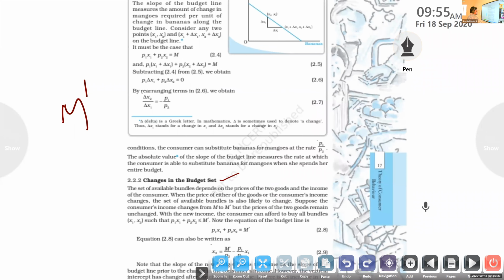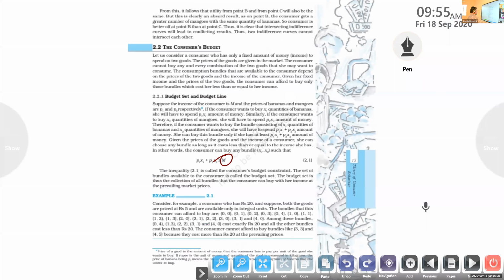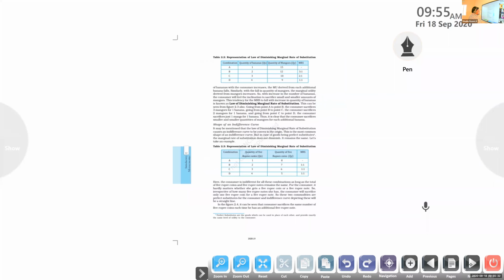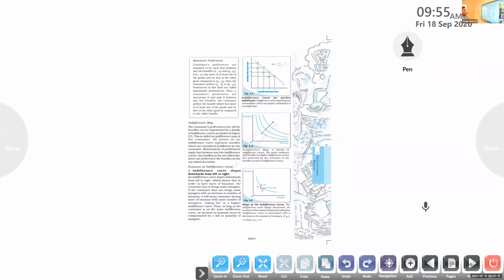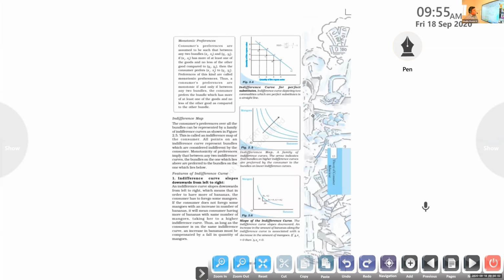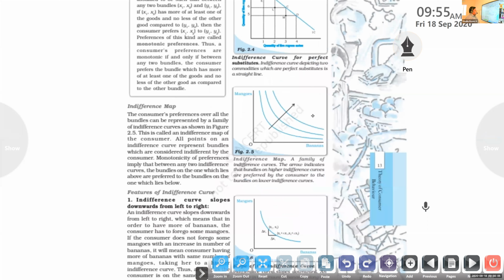So you understood what the budget set is, and we are moving backward to the consumer's budget and the indifference curve, the ICs. We know that the indifference curve is related to different bundles where the consumer is not feeling any difference, because related to the income of the particular consumer, he or she is able to purchase that much only, nothing more than that. So can we connect this indifference curve with our budget line? A simple question to you. Can we connect this indifference curve with our budget?